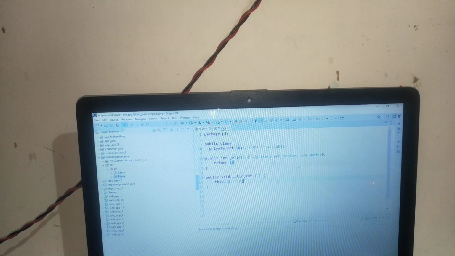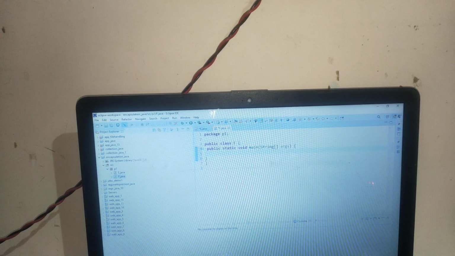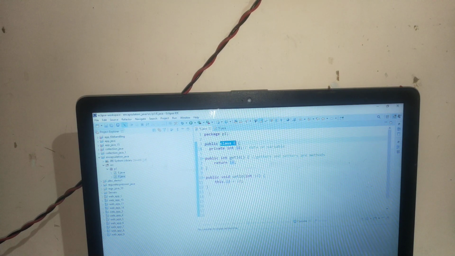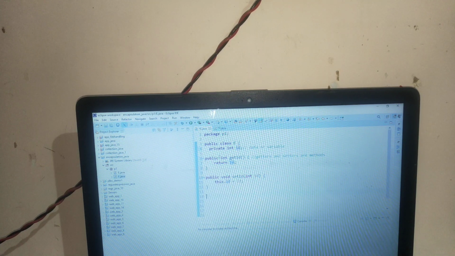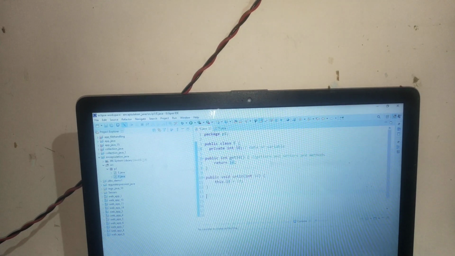So here is a second class. Why did I create a second class? I could create a main method inside the same class, and I can run this program like that also, by writing the method and a main method inside the same class. But why am I creating another class? Because I don't want to